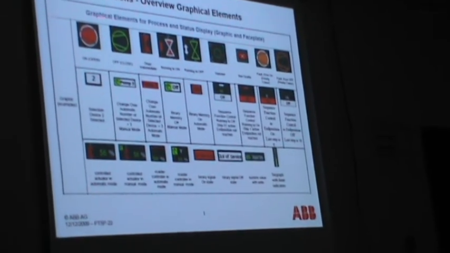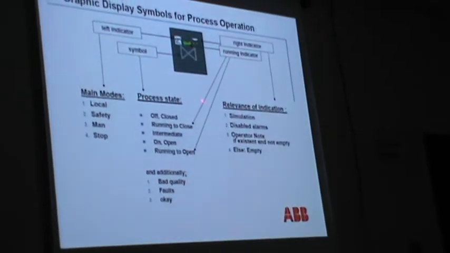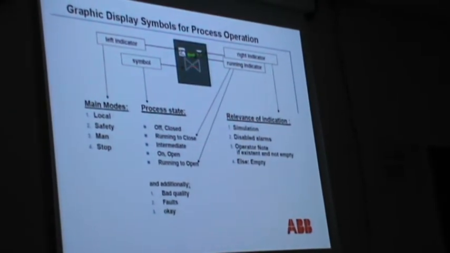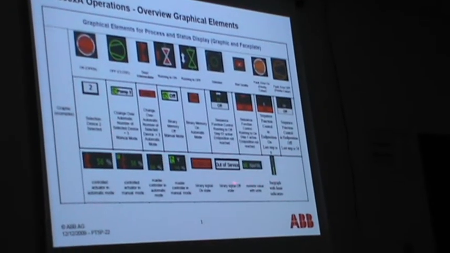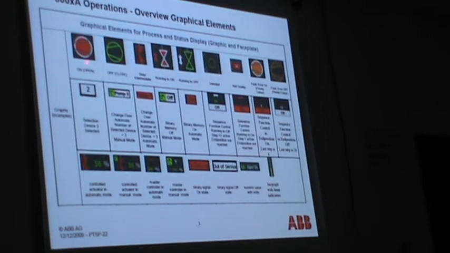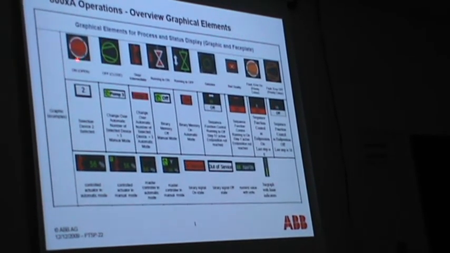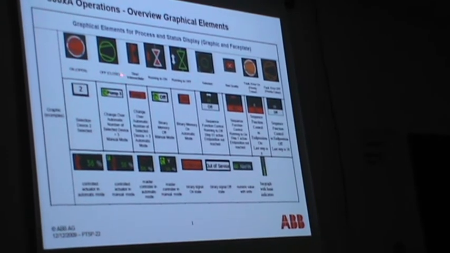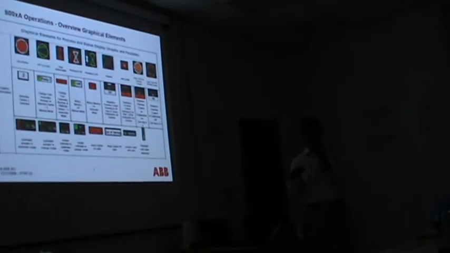And these are the different types of displays that will be used here. In this center, we will use these different types of displays. Here I will show you. If the pump is in on condition, you will get the color like this. This is the off condition of the pump. And if the valve does not have any open feedback or any closed feedback, it is in intermediate position. So that kind of thing will be shown like this.